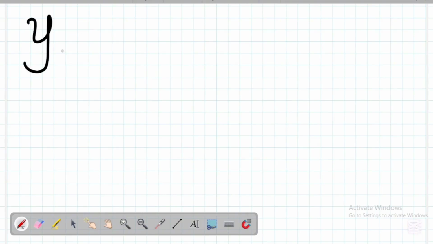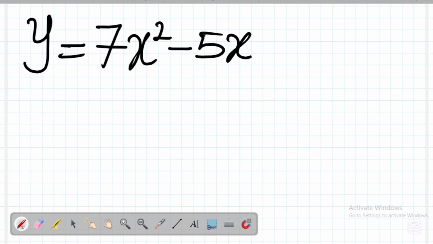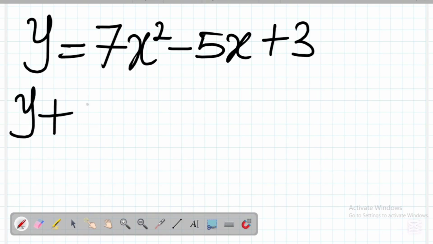If y equals 7x squared minus 5x plus 3, and we are asked to differentiate y using first principle method, how do we solve this? Remember, our first task is to add changing y to y and then add changing x to x. So we have y plus changing y equals